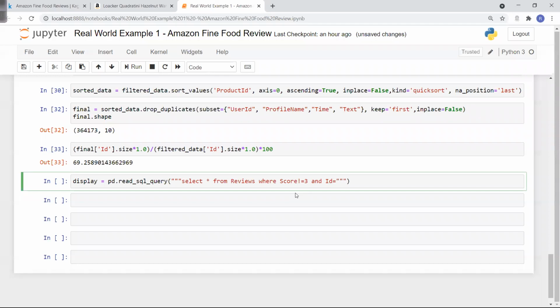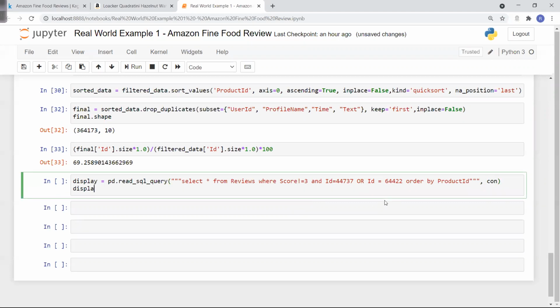ID is equal to 44737 or ID is equal to 64422, order by product ID, comma, connection, and display dot head.